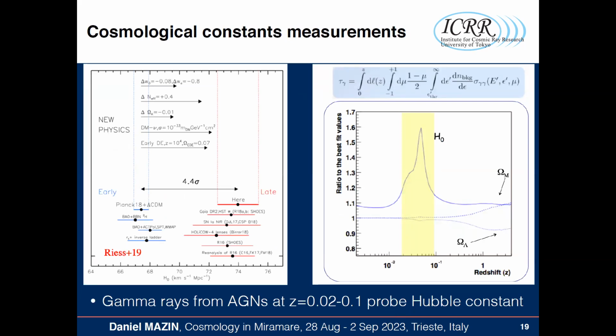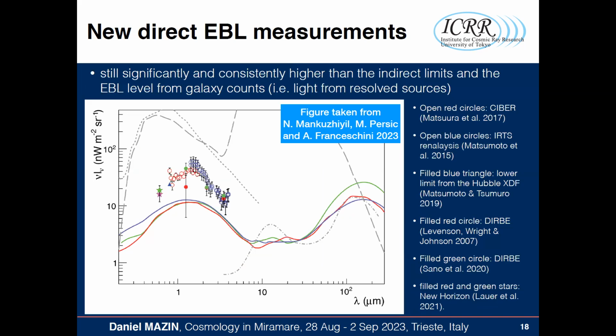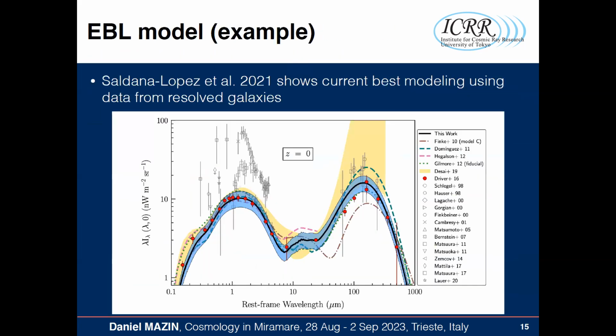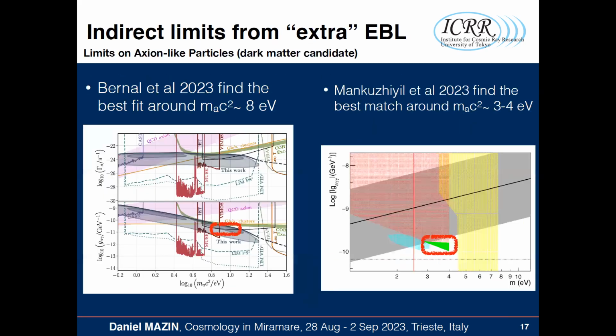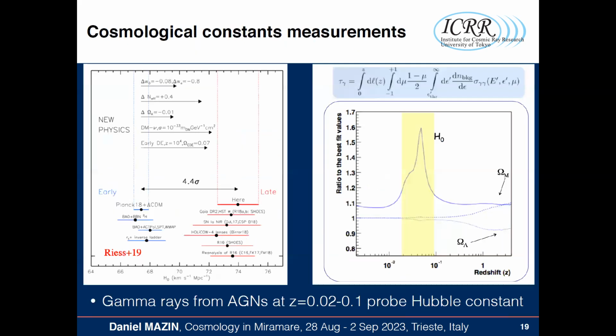The other thing you could do, and this is now even more related to cosmology, is that you can invert the problem. You can say, okay, we did resolve the EBL. Let's say the EBL is what we show here. That's the EBL. Then if that's the EBL, then the optical depth for the gamma rays that you measure is a direct measurement of the distance of the source. Then it becomes clear that from the measurement of the optical depth for the gamma rays, you measure the distance